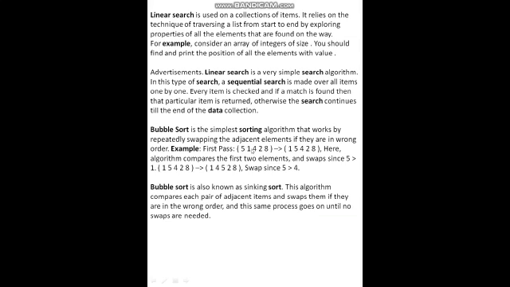First it will arrange this. Swapping this: 1 takes the position of 5, so that 5 comes in place of 1 and 1 comes in place of 5. Here the algorithm compares the first two elements and swaps since 5 is greater. Now 1, 5, 4, 2, 8. Then 5 will take the position of 4 and 4 will take the position of 5, so that 1, 4, 5, 2, 8.